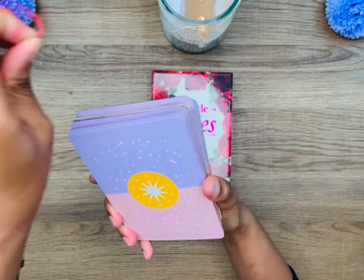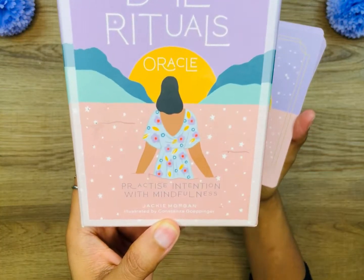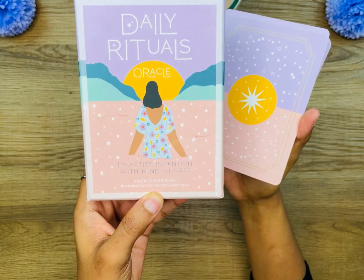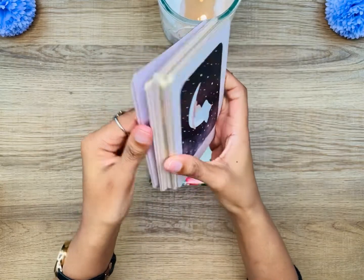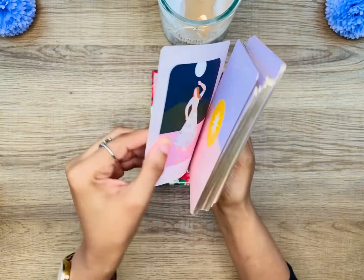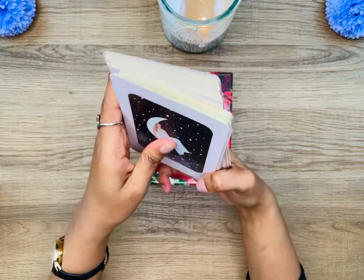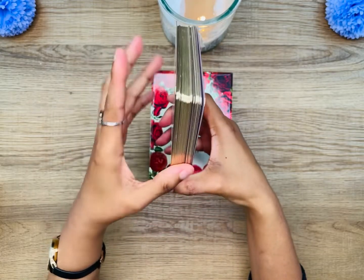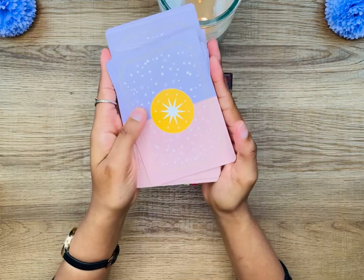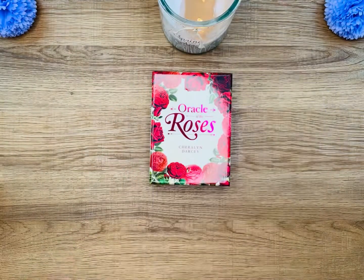So this is one of my decks that are owned by the publisher Rockpool, and this is by Jackie Morgan, as you can see over there. It's the Daily Rituals Oracle deck. The card stock is very, very thick, firstly, and still malleable, but very thick, especially if the deck is all together like this, and they have this gold gilding on the sides. I want to compare this Rockpool style of cards with the Oracle of the Roses